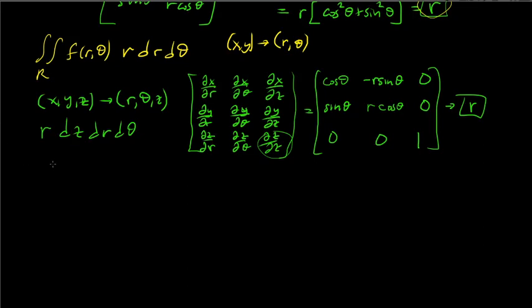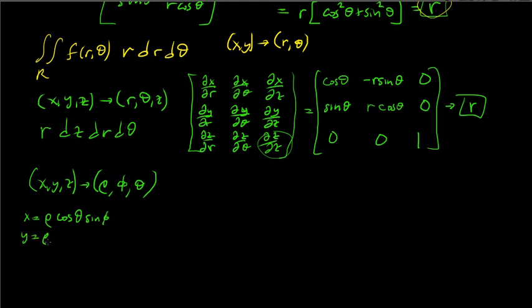Okay, and finally, if you want to go from, say, rectangular to spherical, I guess we'll do the phi first, and then the theta. I think that's the usual order. And just to remind you of the conversions, again, these you should know by now. Y is rho sine theta sine phi, and z is rho cosine of phi. So now you have the corresponding determinant